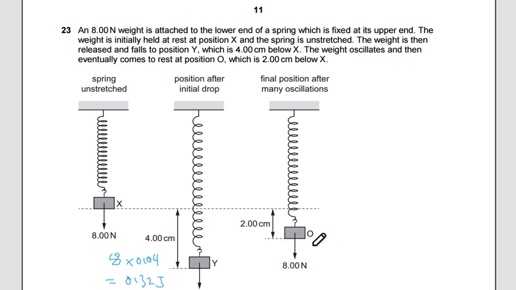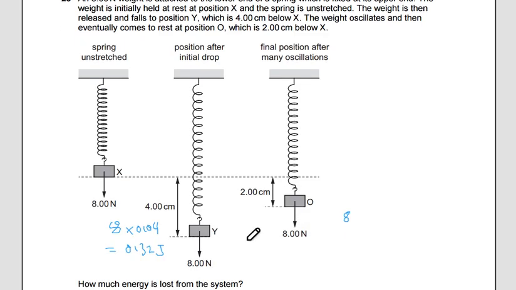If we want to calculate the delta GPE corresponding to this 2 centimeter increase, it will again be the weight mg, which is 8 newton, because the block hasn't changed, times delta h, which is 0.02. This gives 0.16 joule. But the other part of the 0.32